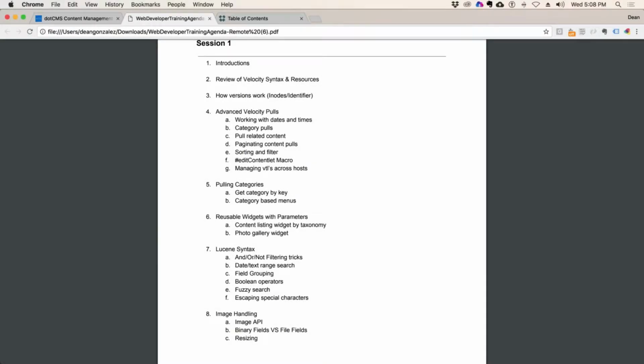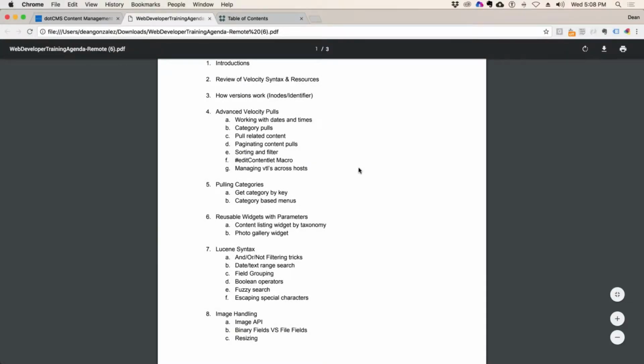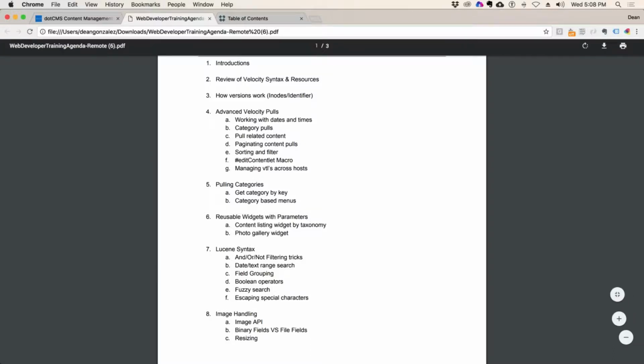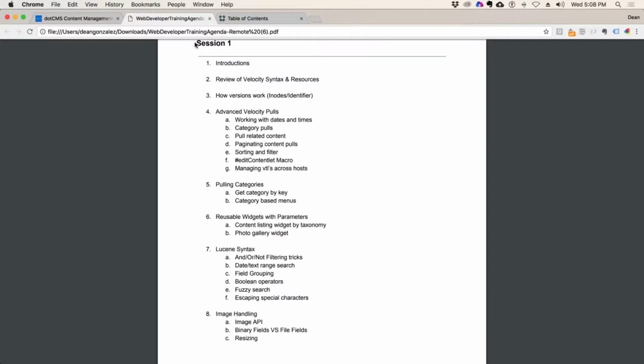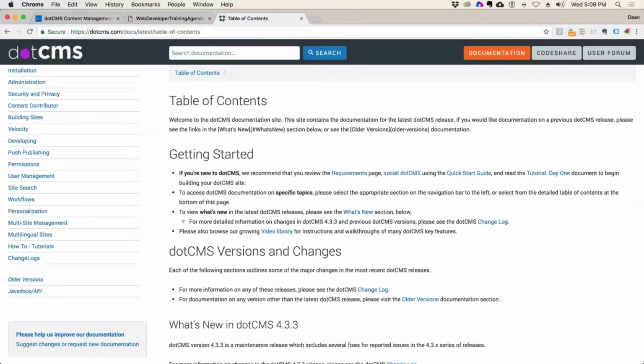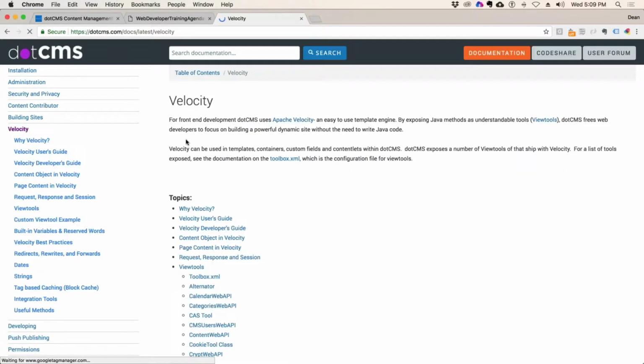So let's go ahead and start off session one with a review of what documentation we have for Velocity. Velocity is just a scripting language which sits on top of our Java methods, right? So if we go straight here to our table of contents and we click on Velocity, then this is the